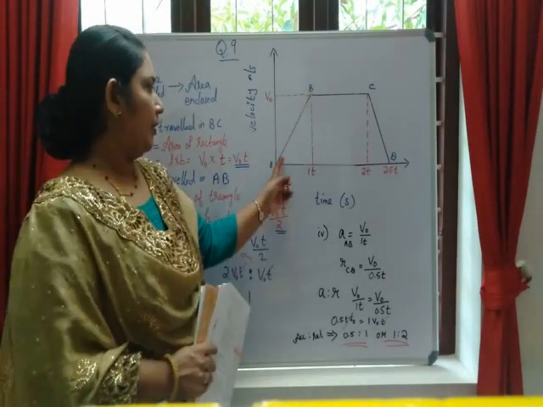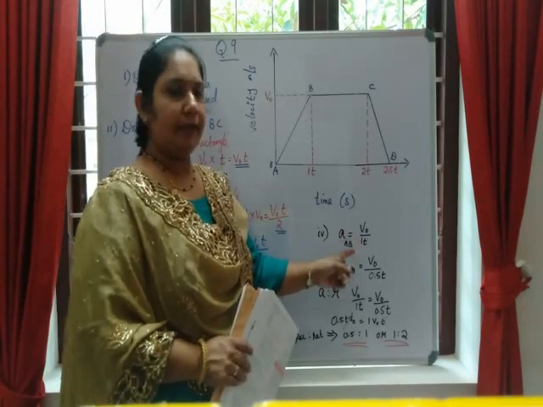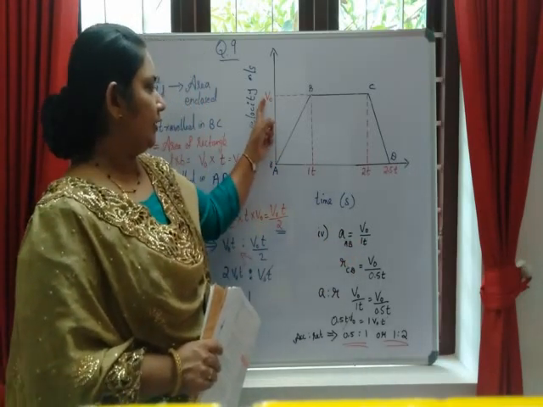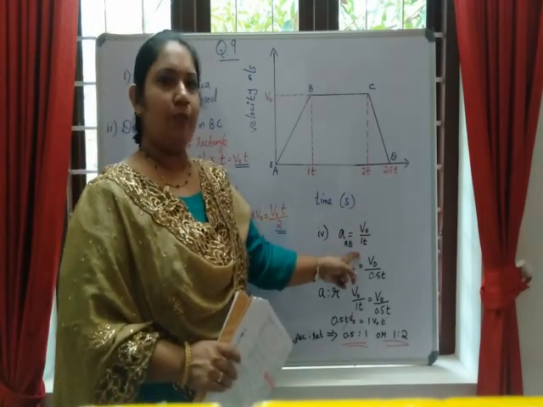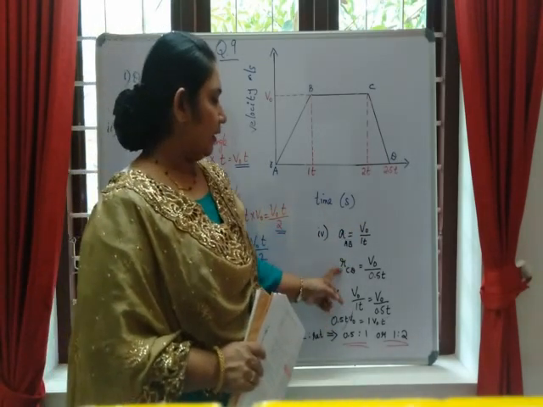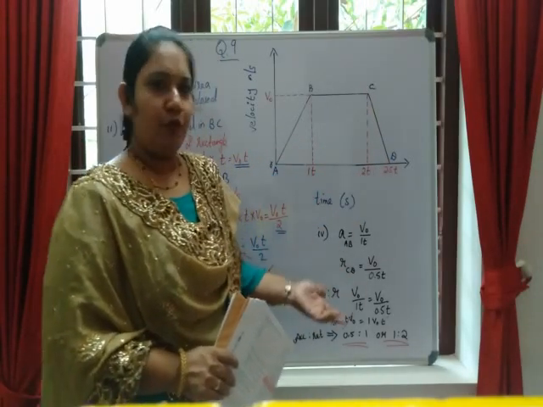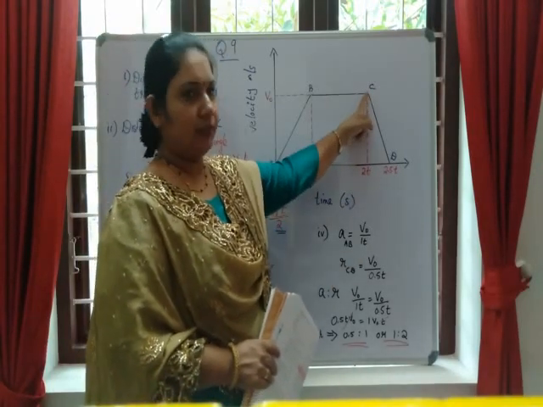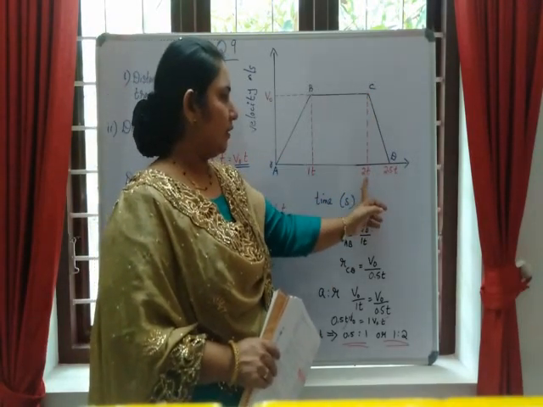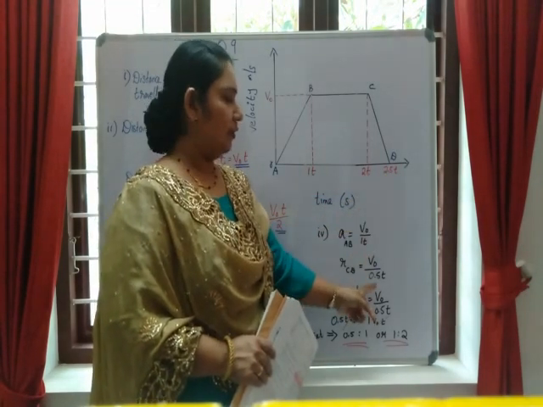So acceleration. First we can find acceleration. Acceleration part AB. Formula for acceleration is velocity by time. Maximum velocity is v0, time is 1t. So acceleration is v0 by time. Then retardation takes place in CD. So again formula is same, velocity by time. Velocity is maximum velocity v0, time is 2.5 minus 2, you will get 0.5t.